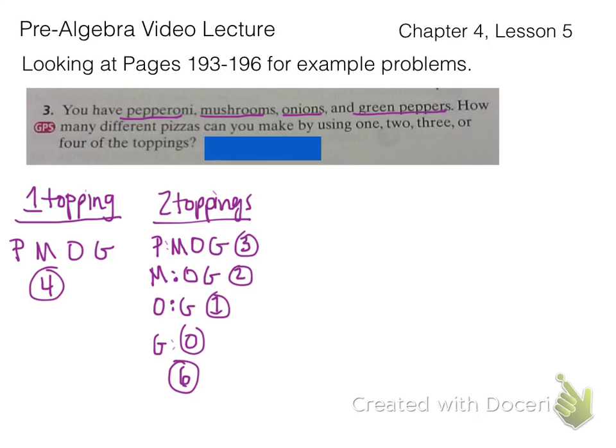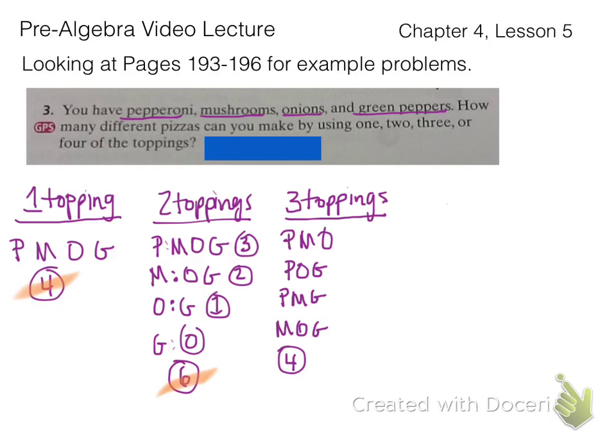Now, what about two toppings? Well, the two topping ones is like the tennis problem. Well, you can have a pepperoni and mushroom, a pepperoni and onion, and a pepperoni and green pepper, and that's 3 pizzas. A mushroom and onion and a mushroom and green pepper, which is 2, and onion and green pepper, which is 1, and then we've already used green pepper enough. So we now have 6 pizzas, or 10 pizzas, because we have the 6 and the 4 from the 1